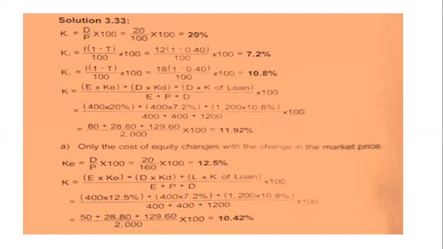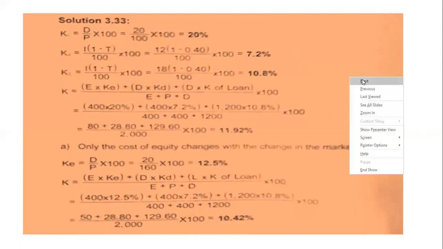And here under circumstance B, all other things, that means cost of debt and cost of loan, remain the same. So there are no changes except the cost of equity. If we incorporate all the changes and do the calculation, we'll get a weighted average cost of capital of 10.42%. Now we'll go to the third circumstance, that is the effect of income tax on cost of capital under both premises, A and B.